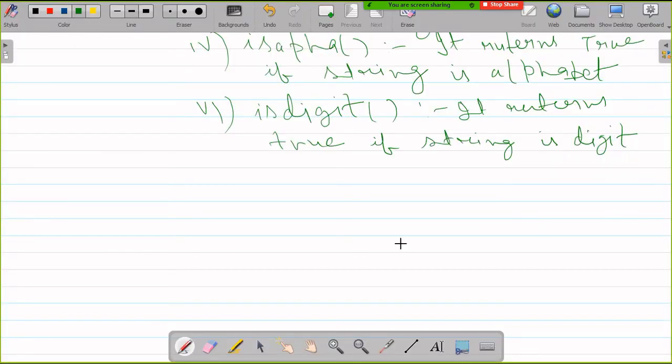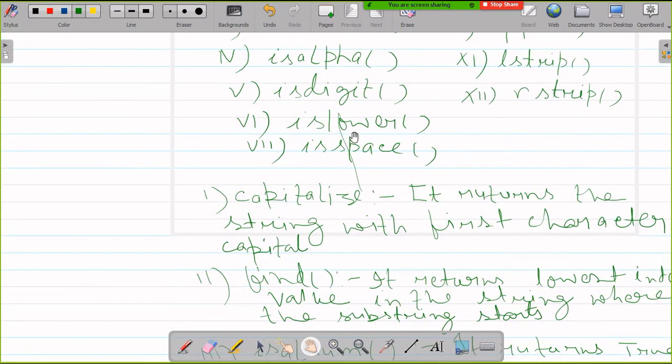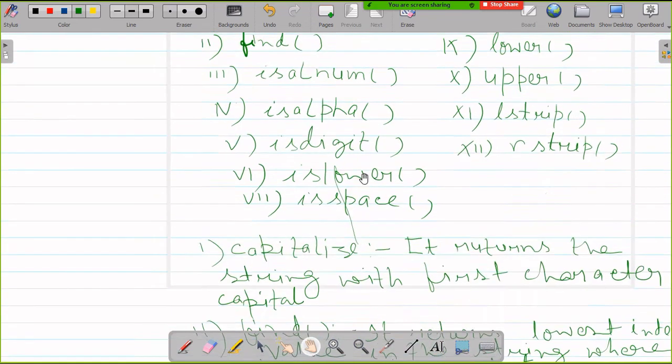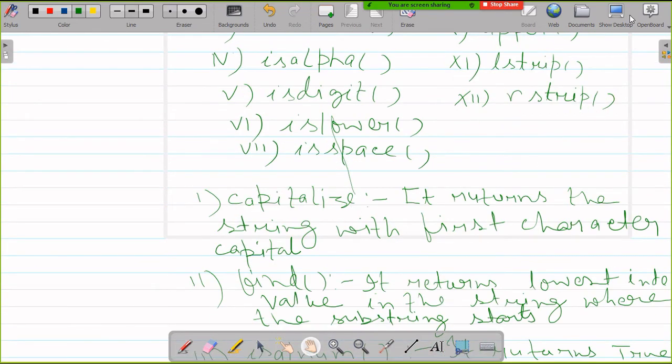Now next function is islower and isupper, okay. So you can check these functions. Islower function returns true if all cased characters in the string are lowercase, and isupper is the opposite of the islower.